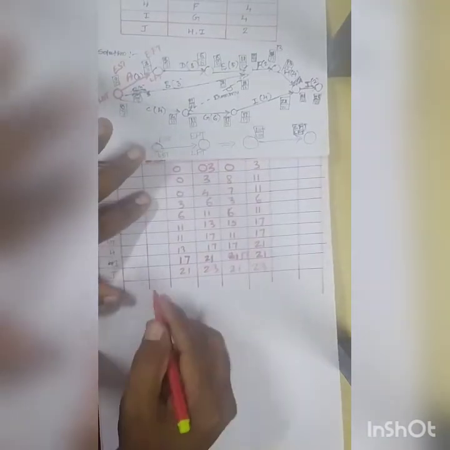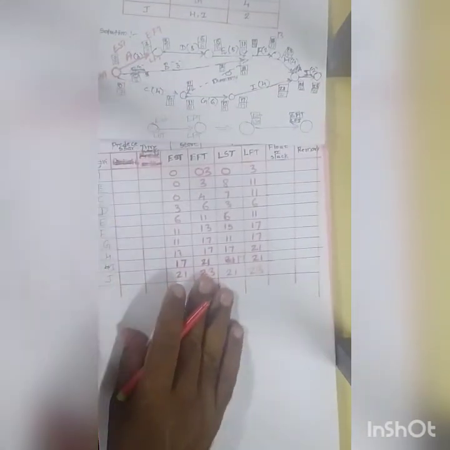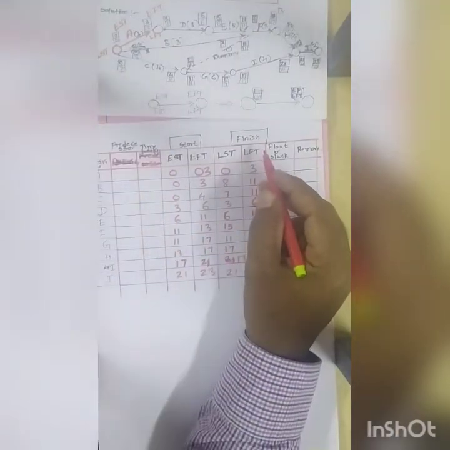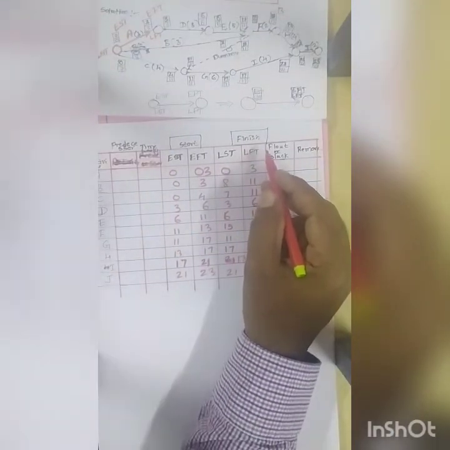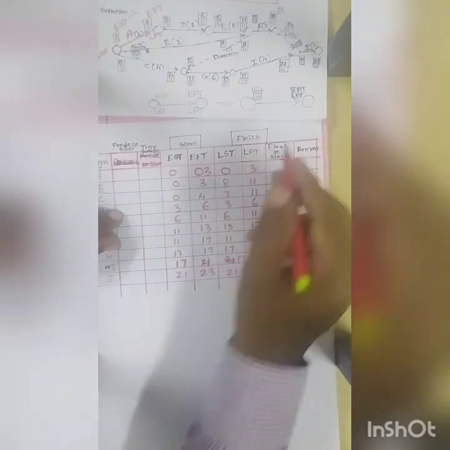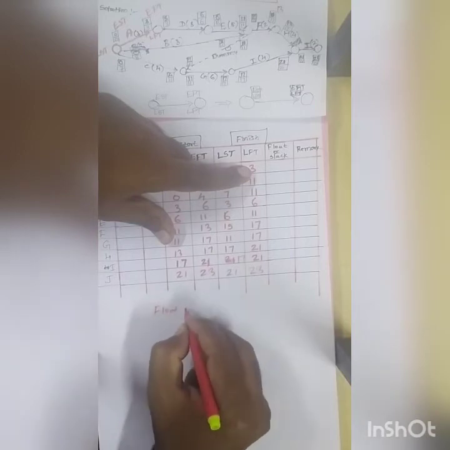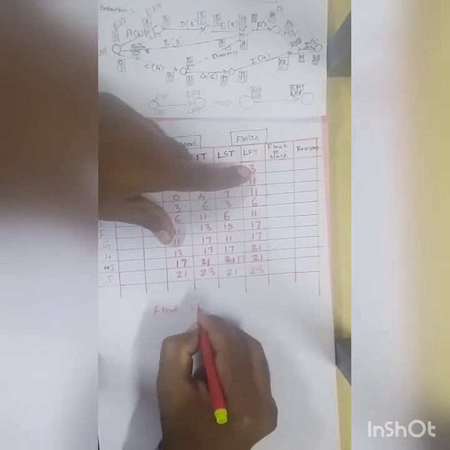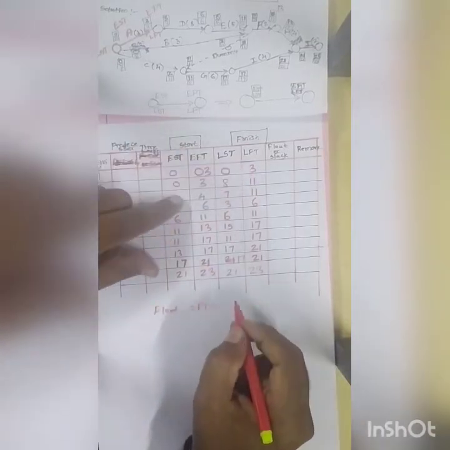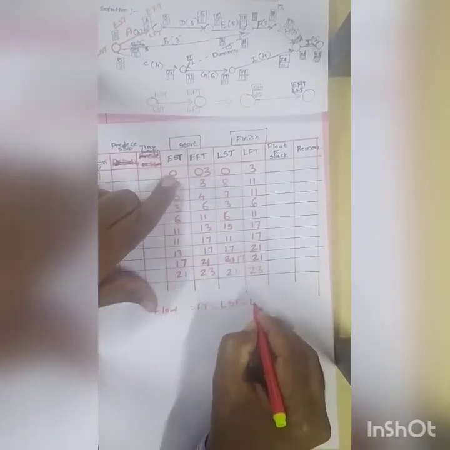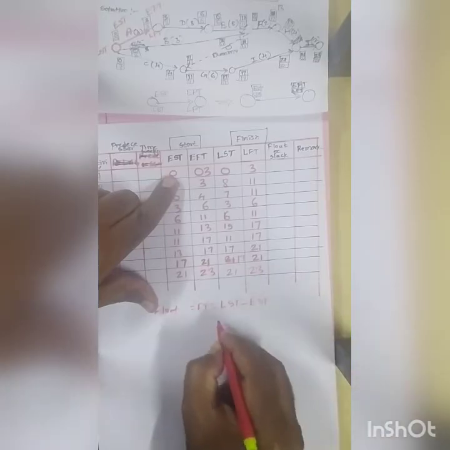One formula is there. So these are the times we have calculated by using the forward and backward pass computation. Next we have to find the float, the float formula or slack. That we call FT, that is equal to latest start time minus earliest start time,